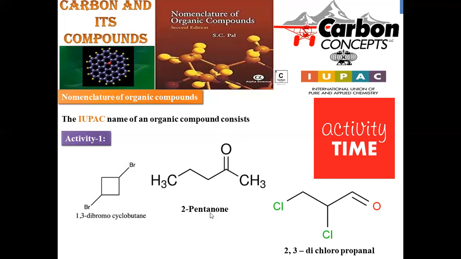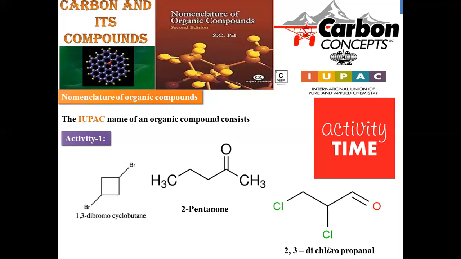On. So for ketones, on will always be the suffix, and the parent chain has 5 carbons, so pent will be the root word. Then what's the position of this ketonic group? At the second place, so 2-pentanone is the IUPAC name of this compound, because of the 5 carbon chain pent, the ketonic group on, and the position 2. 2-pentanone is the entire name.